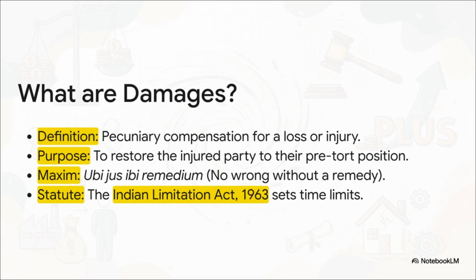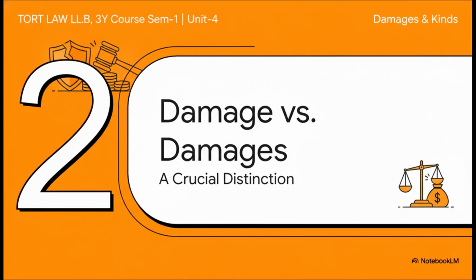At its core, damages are defined as pecuniary compensation awarded for loss or injury. The primary objective of such an award is to restore the injured party, as nearly as possible, to the position they would have been in had the tort not been committed. This is underpinned by the legal maxim, ubi jus ibi remedium, which translates to, where there is a right, there is a remedy. However, the enforcement of this right is subject to statutory limitations, such as those prescribed within the Indian Limitation Act, 1963. We will now address a crucial point of legal terminology that requires precise understanding: the distinction